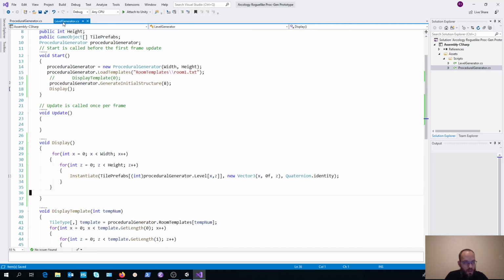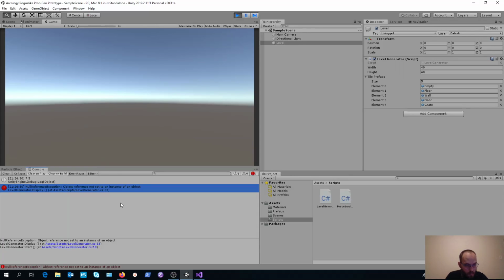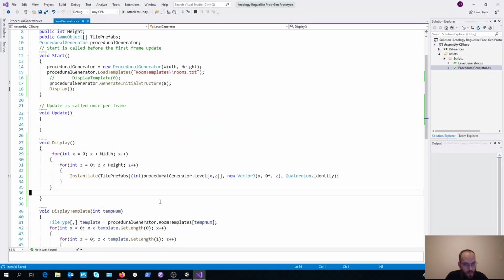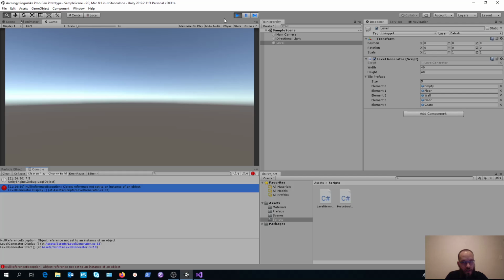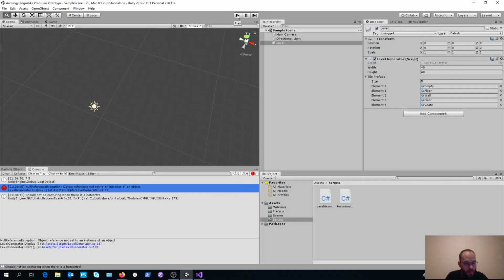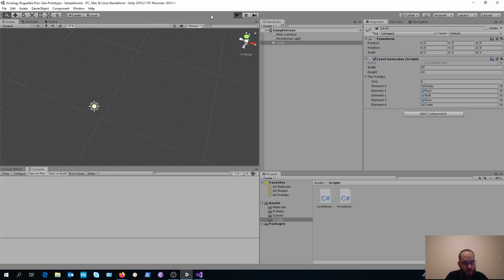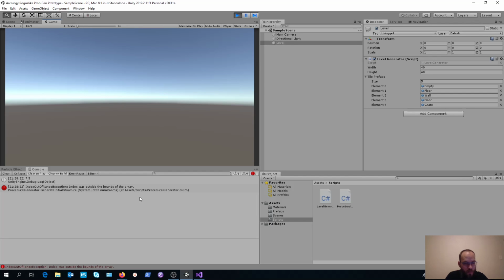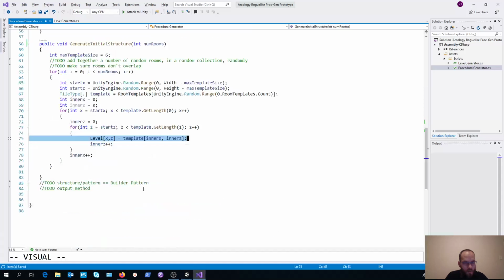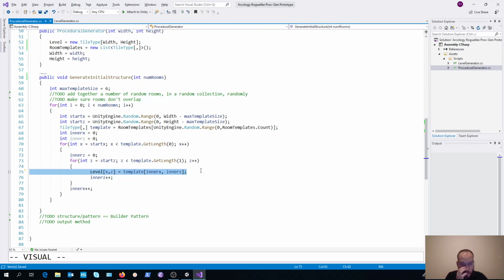Okay, so what was just happening, we were trying to access something in our array which was giving us some problems. Let's try that again. Okay, index at the bounds of the array.